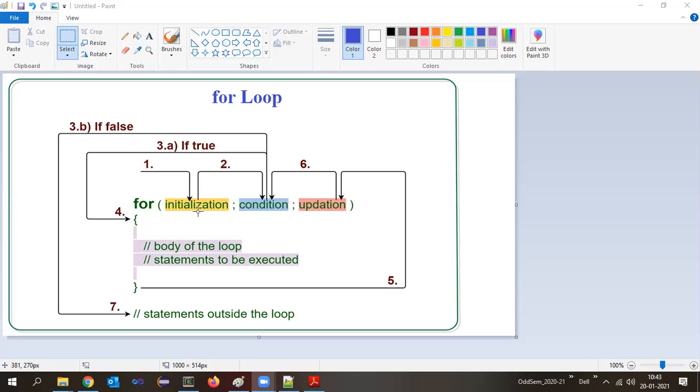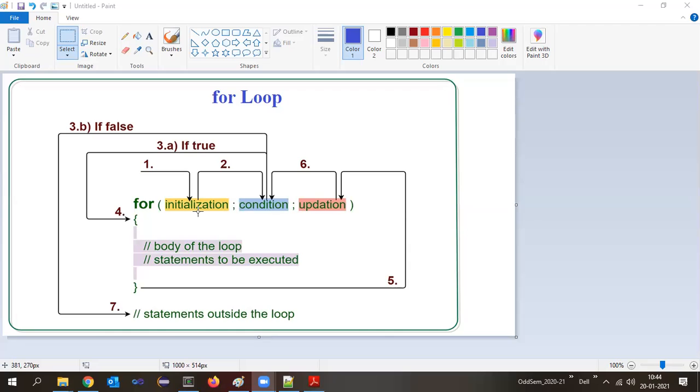Now tell me, what do we mean by this initialization here? What is that initialization we have studied in the while and do while? Giving the initial value to the counter variable, right? Counter equal to 1, counter equal to n, I equal to 1, we had written, right? That we used to write before the while or before the do while. But in the for loop, it is written inside the for statement itself as the first statement here, initialization. Like we can write for counter equals to 1. Okay, then semicolon is mandatory. If we miss to write semicolon, the compiler will give syntax errors.